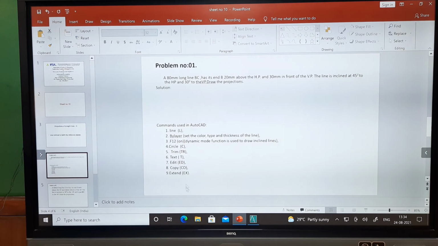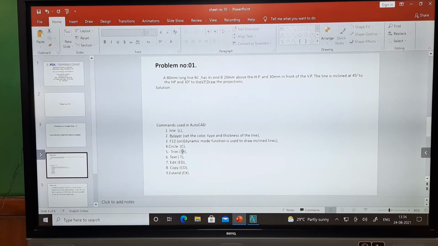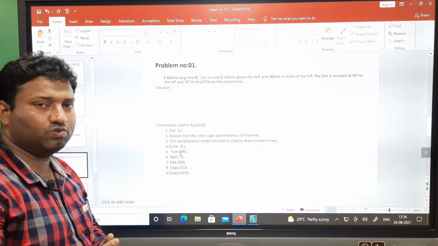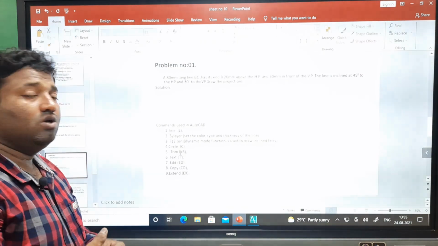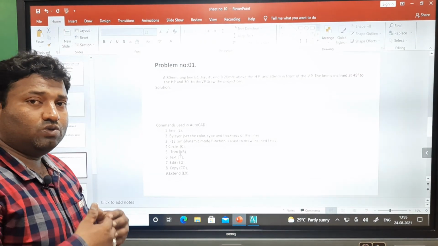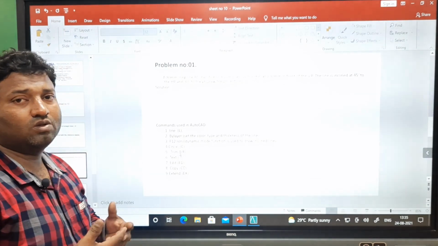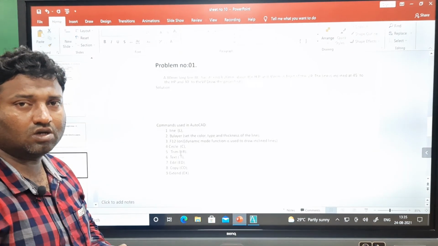The next command we are using is circle. As you know, circle is what we use to draw that particular arc. Then trim, whatever extension lines are there, we are removing with the help of trim. If you use the delete command, the whole line or the whole circle will be deleted, and then the whole answer will go wrong or it will take more time.